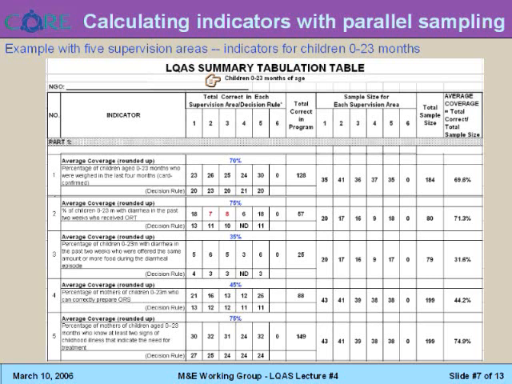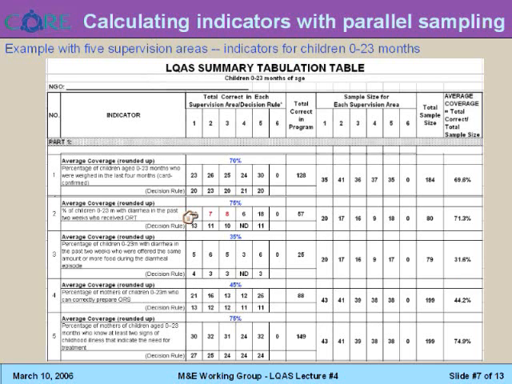Like the previous summary table, we calculate average coverage rates for these 5 indicators by aggregating the number of correct responses and dividing the total number of correct responses over the total sample size. You can see that due to different sample sizes in each supervision area, we have different decision rules per supervision area. Having this structure in the summary tabulation table will allow us to quickly identify which supervision areas need more